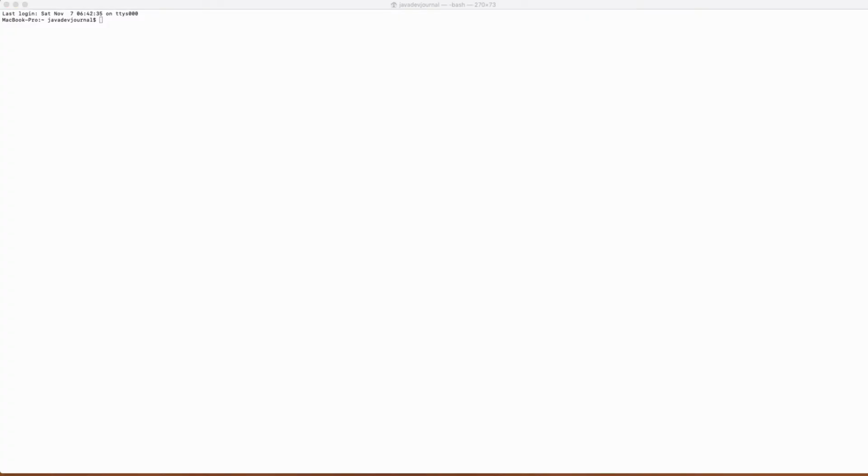Grab your terminal or your command line, and then you can use the following command. Standard command keytool, right? And then you are going to generate a key pair, and then you have to set the alias. I am using key algorithm RSA, key size 2048. My key store type is PKCS12.